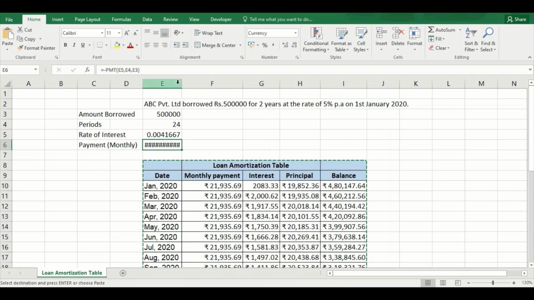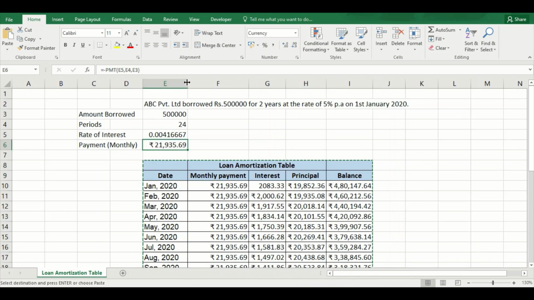This is coming as hashes because the column wasn't big enough. Now for this, I will be changing the percentage from 5% to 9%, and I will press enter. You can see that my monthly payment has been updated to the figure of 22842. Now let's move on to Word and see which tables have changed and which have not.